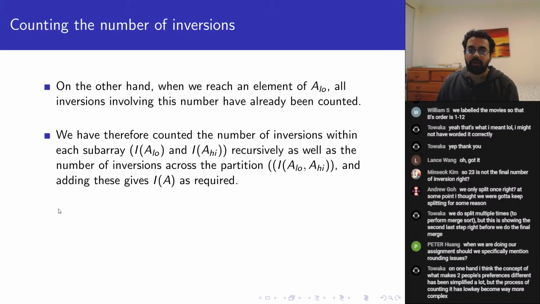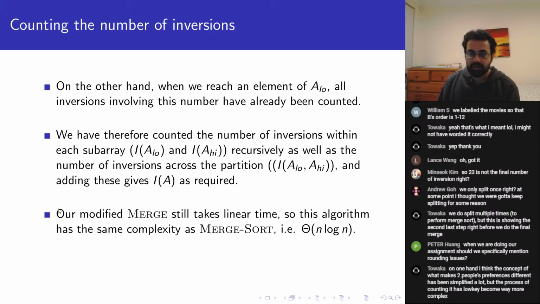So overall, what have we done? We've counted the number of inversions within A low and A high recursively. We've also counted the number of inversions across the partition. Adding up those three terms gives me the total. And importantly,